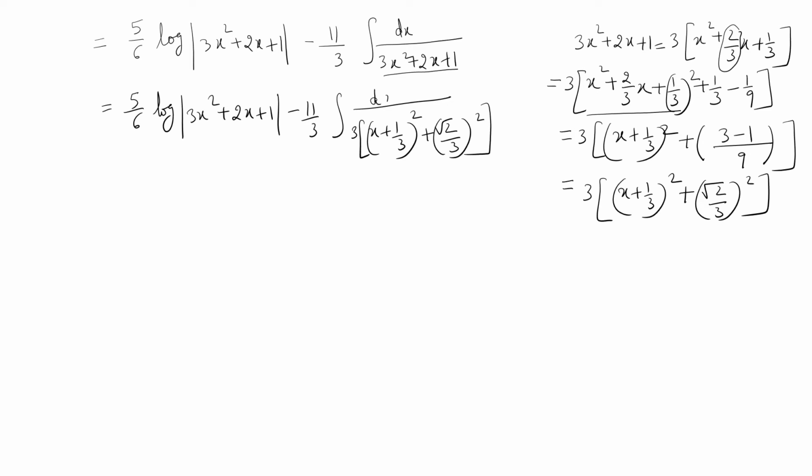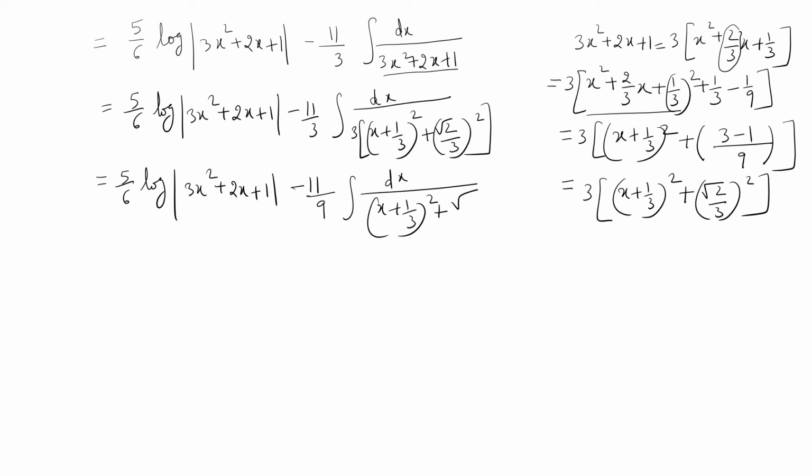Okay, so it is 5 by 6 log mod 3x square plus 2x plus 1 minus 11 by, let's take this 3 out, so it is 11 by 9, dx upon x plus 1 by 3 whole square plus root 2 by 3 whole square. Now see, it is of the form 1 upon x square plus a square dx. So what was the formula? 1 upon a tan inverse x upon a plus c. Right, so